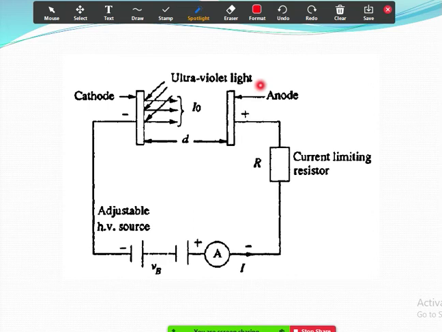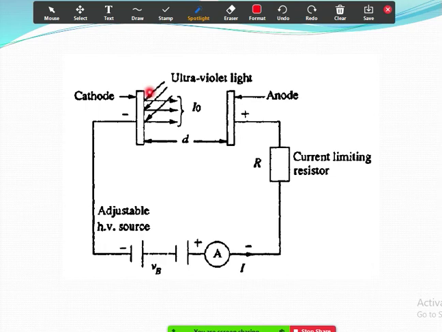Here also, for initiating the process, they will use ultraviolet rays. They will use ultraviolet light. So this UV light falls on the cathode. You know UV light is very powerful light. So when UV light falls on the cathode, what happens is